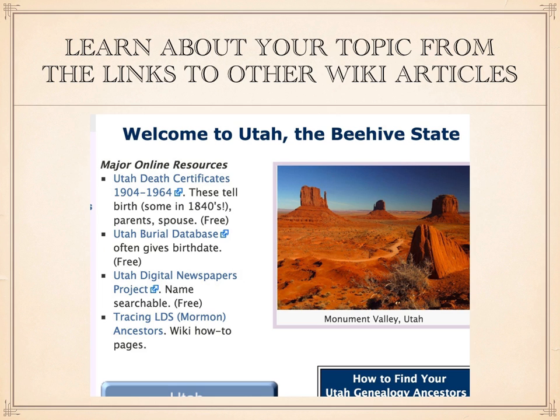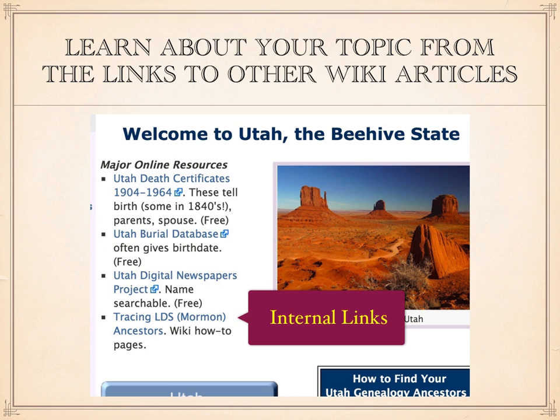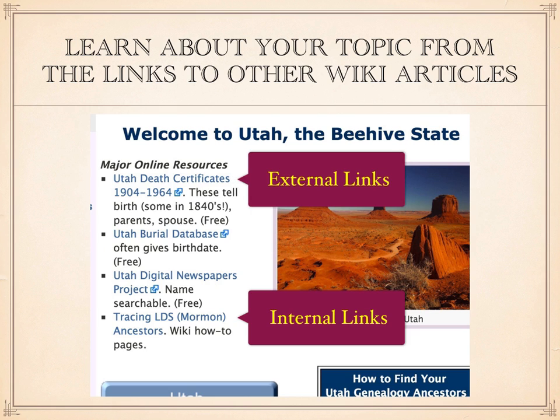You have ones that are internal, that means links within the research wiki itself, another article or page containing information, or those that are external, that have the little icon, a rectangle with an arrow coming out of it, that link to websites outside of FamilySearch.org, just somewhere out on the internet that might have information.